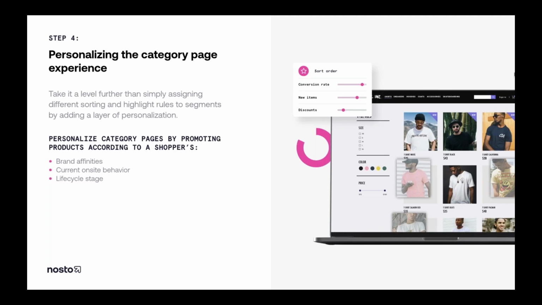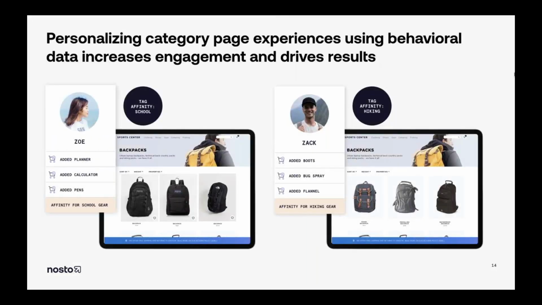You also have the option to add an additional layer of Nosto's signature personalization to all or some of your sorting rules, which will allow you to create category page sequences that are specifically unique to each shopper, just like product recommendations. So it's kind of up to you how personalized or not you want to go, which I think is pretty cool. This combination of personalization and merchandising rules will allow you to create really valuable sequences that are way more engaging and built to accomplish the goals that you want. Like for example here,